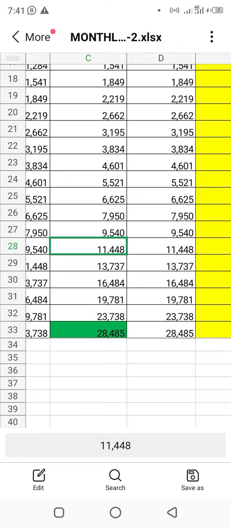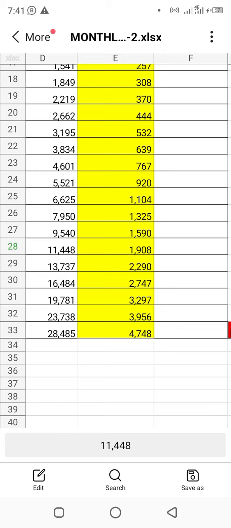$28,000. $28,000. Let's assume you cannot fight till the end. But let's say at day 28, look at day 28, you're already counting $11,000. Look at day 20, you're already at $2,600. So look at it. If you can struggle, if you can get to these days without falling out, my brother, you are already counting millions. What is that thing that they say money cannot do? You will do it.